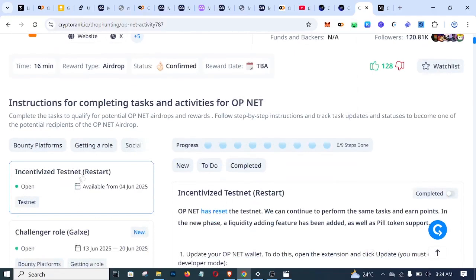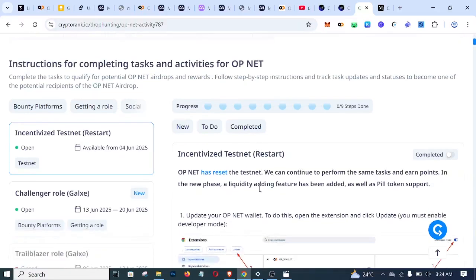Let's go over what we'll be doing in this lesson. It's definitely not going to take a lot of time, approximately 10 minutes to go over this Opnet. So what we'll do is, first of all, we have to